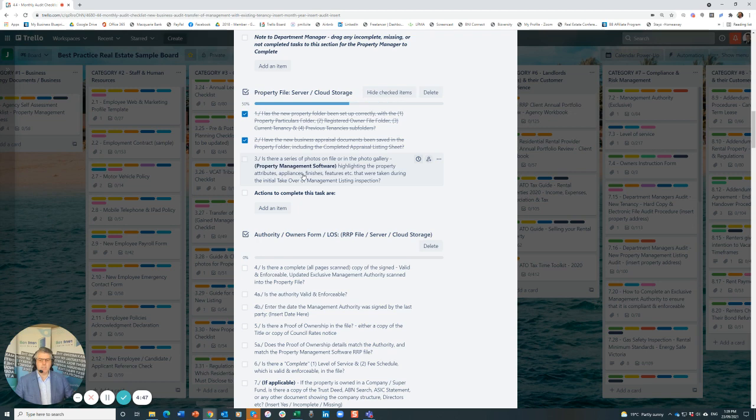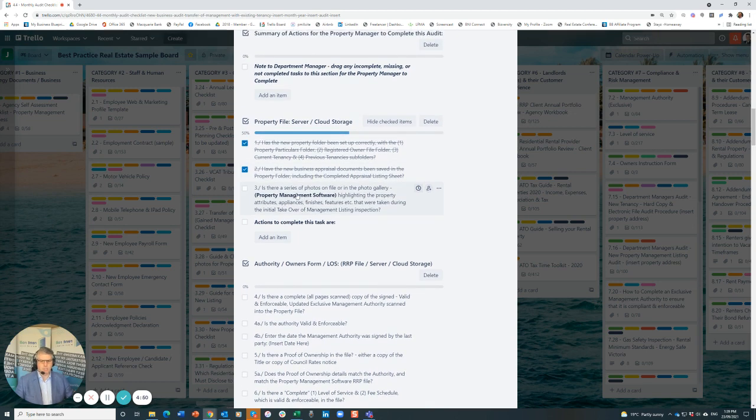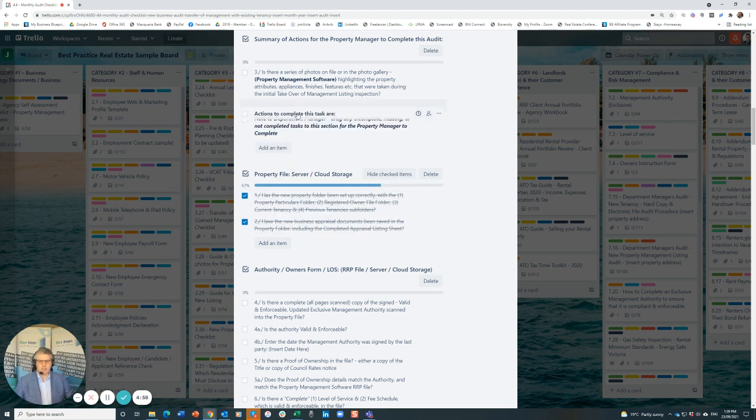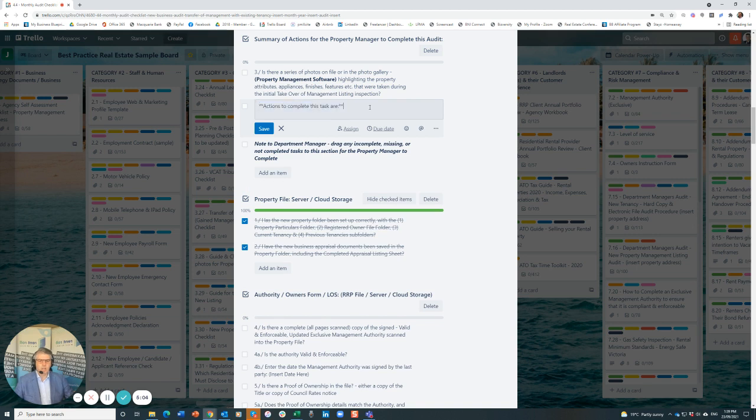Now, if one of these is not correct, then you just go up and pop that in through to there, and that would sit there. If you really wanted to, you could drag that up and underneath there, and what you're saying is that the photographs haven't been taken, and you make a little note. To make a note, you go @, then whoever the person is, so Michael. So @Michael, if I'm the property manager, then you would make a note. Once you hit that,